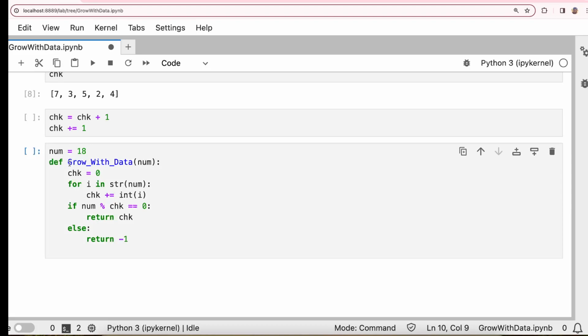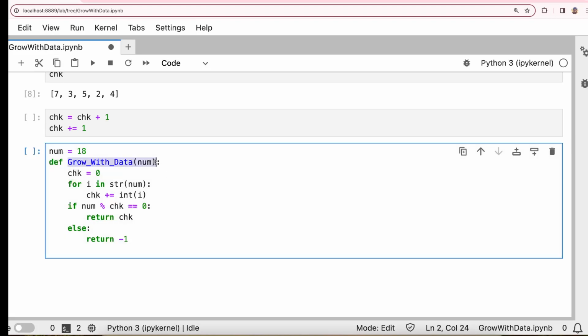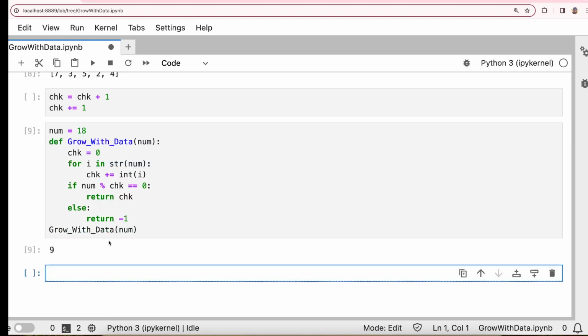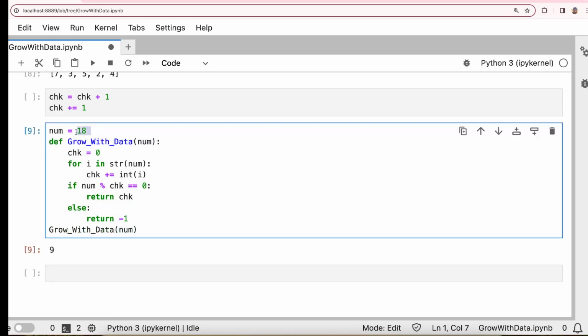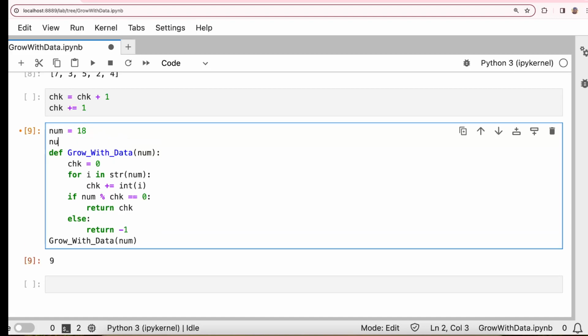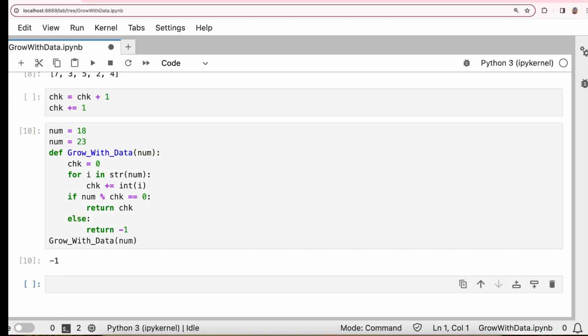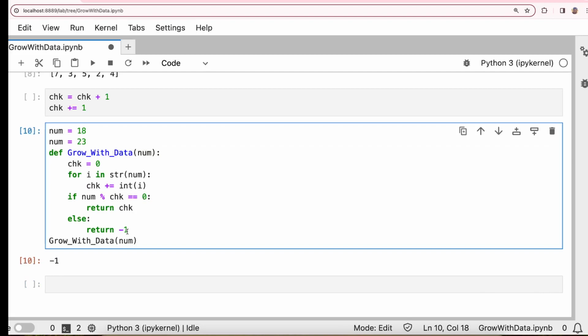So if you call this function, it's going to return the sum of digits because 18 is divisible by 9 without any remainder. So this works. But if you have num equal to 23, then it will return -1 because 23 divided by 5 is not a proper digit. It's going to be a fraction.